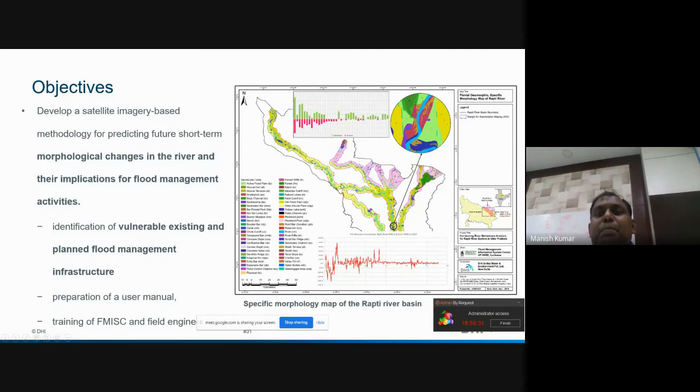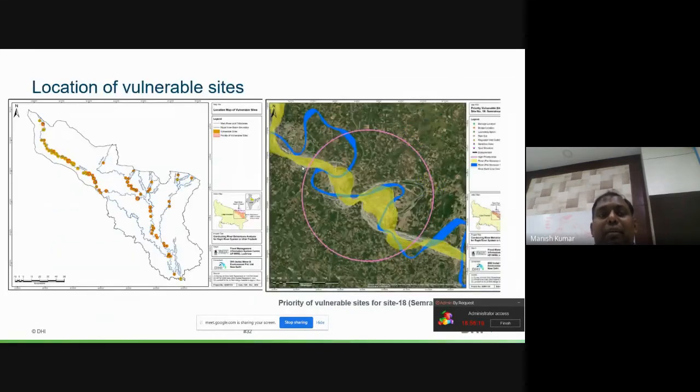It changes its path every few years, and making a prediction there is very critical, and we have applied a certain methodology to predict the change in the river